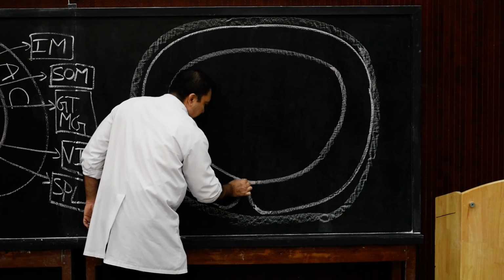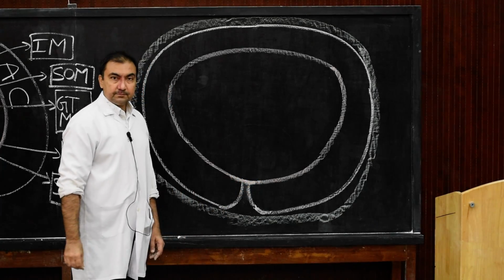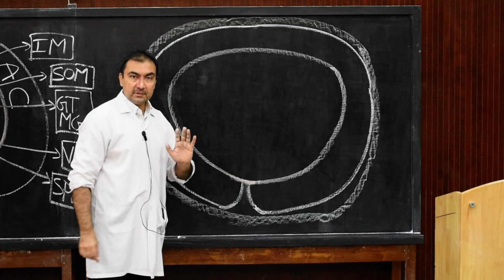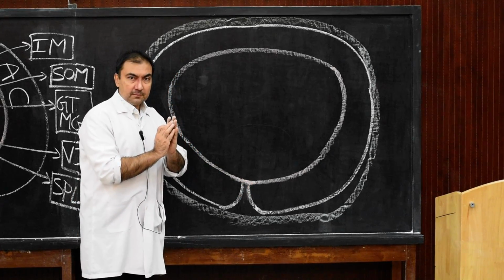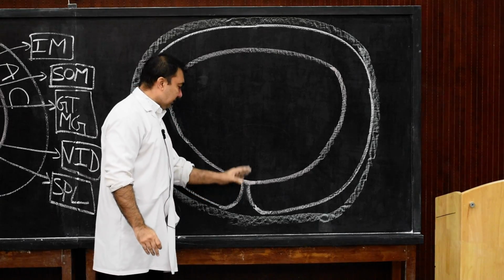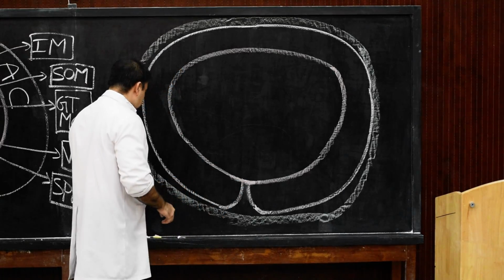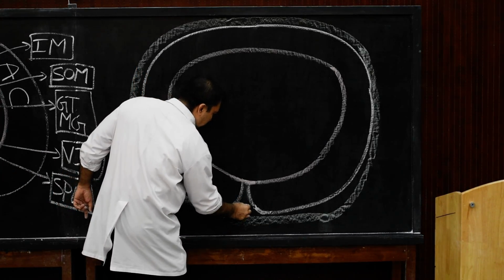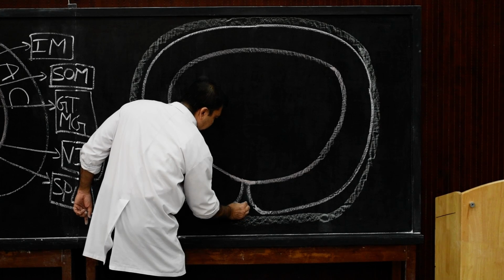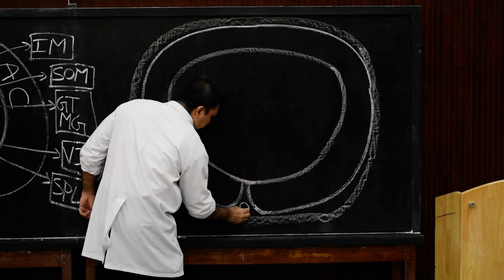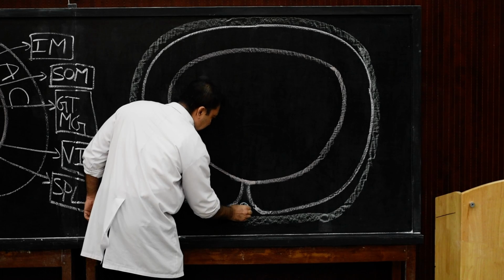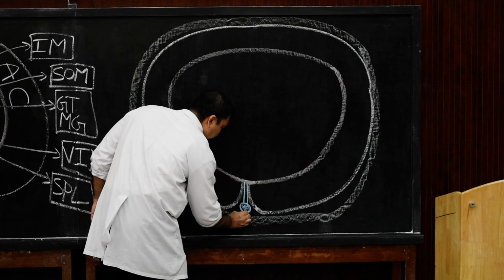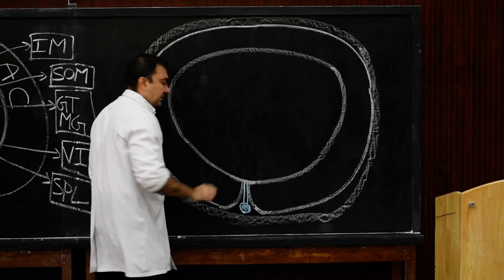This is the layer of amnion which will complete from right to left, and therefore this amnioectodermal junction will form this layer of amnion. It has closed. That is what we are going to show. Partially it is closed at the primitive umbilical opening. Here we need to show one more structure, the structure for which I have used blue color, umbilical vesicle. So please draw this umbilical vesicle and vitello-intestinal duct.